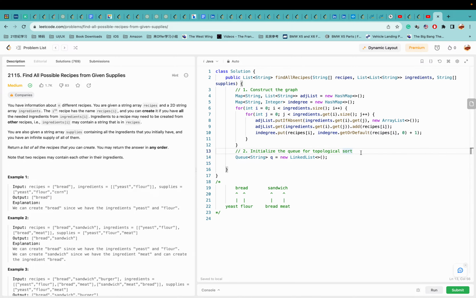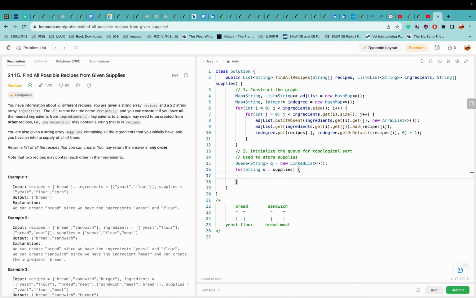Yeah, it's used to store supplies. Okay, good. So for string s in supplies, we're going to add them into the queue. Okay. Also, at this time, I think it's proper to construct our result,